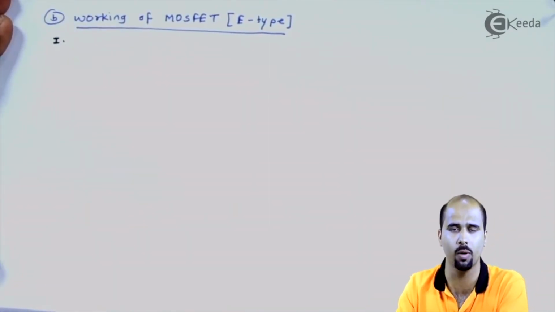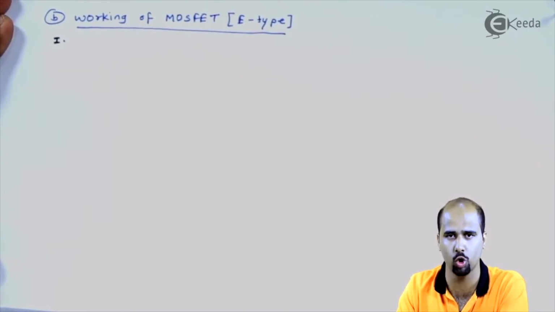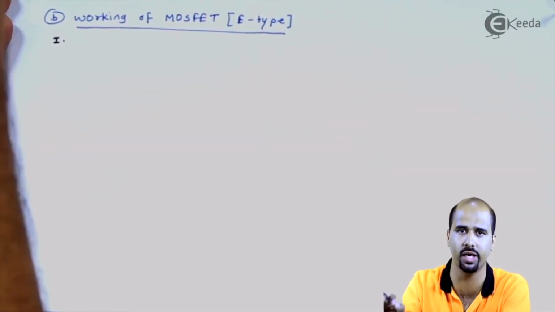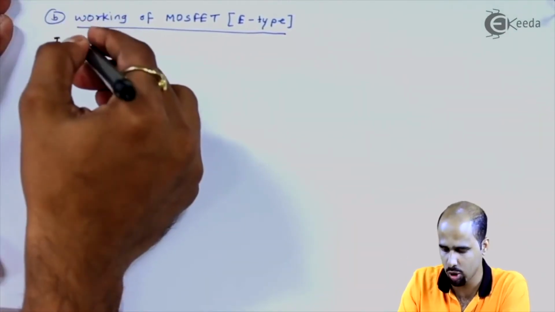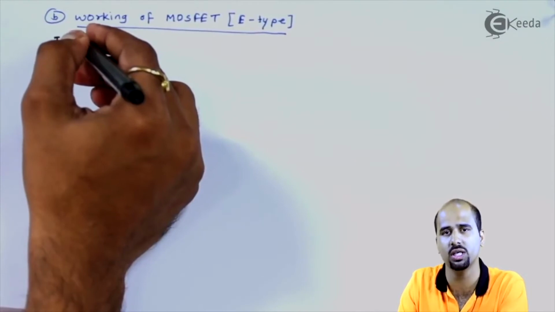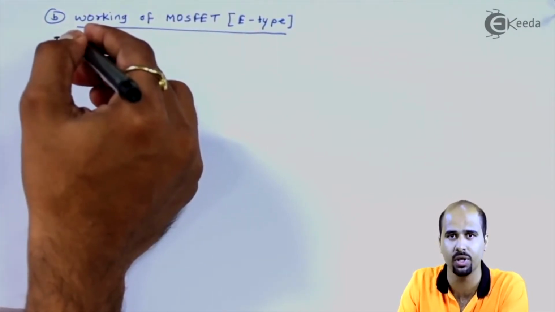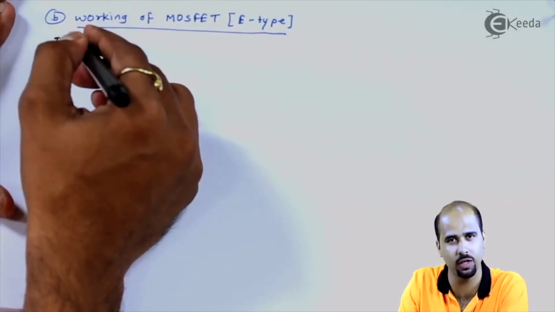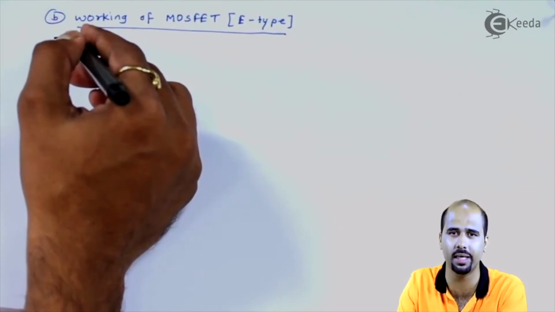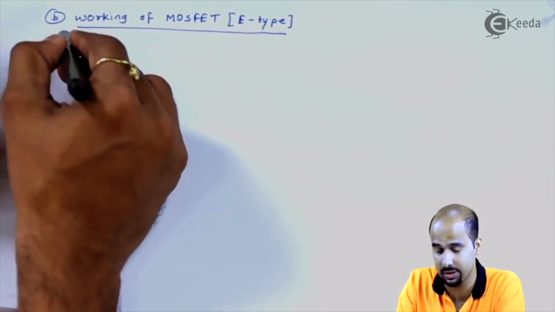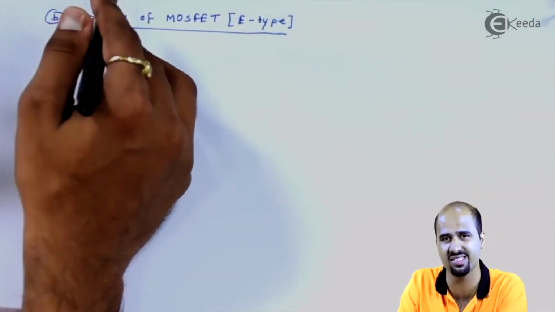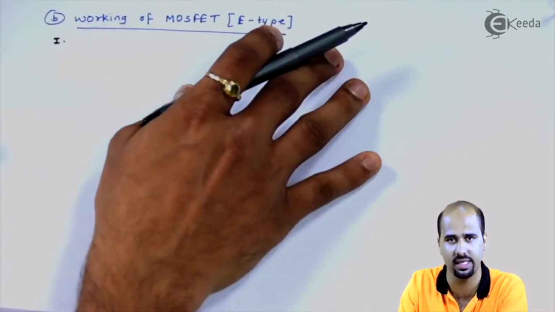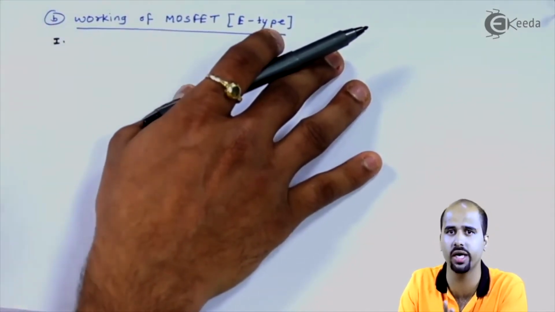Before forming the channel, I cannot flow the charge carriers from source to drain and I will not be having any current in my MOSFET device. So in the working of MOSFET, before the channel, there will be no current. Even if you change the value of voltage, I will not be getting any current. So when the channel is not existing, we will understand this particular working considering the fact that the channel already exists.